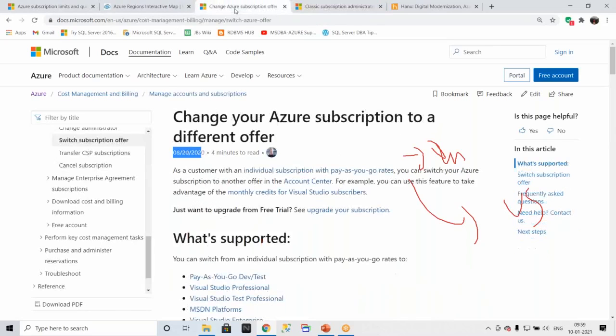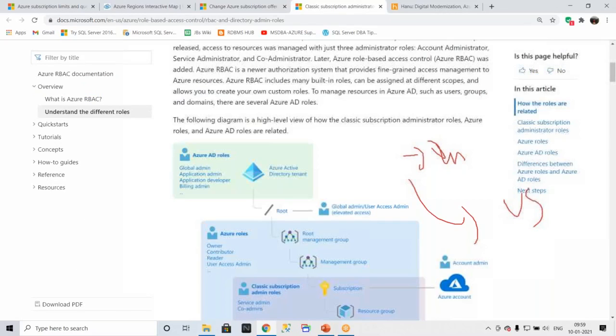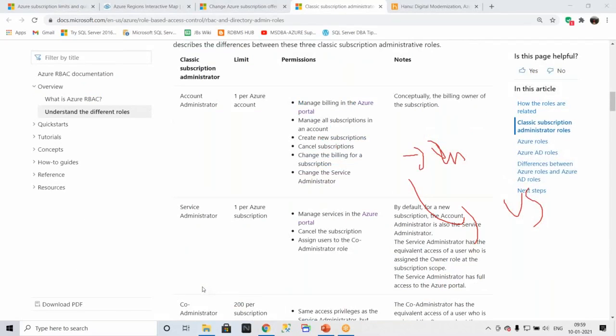And one more key factor, but this is again the core administrative part, I wanted to share with you. When you create an Azure account, tomorrow we are going to create one, right? When you create an Azure account, by default you will get one account called the account administrator. Only one account administrator will be available for your entire Azure portal. Try to remember, one account administrator. He can maintain the subscription, he can maintain the complete